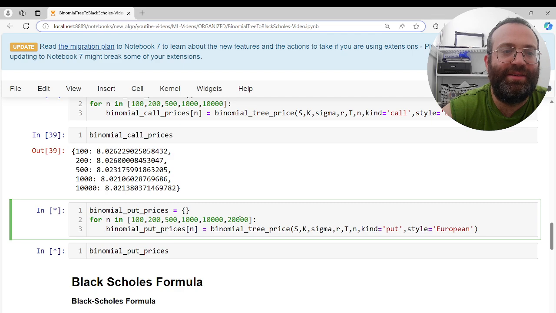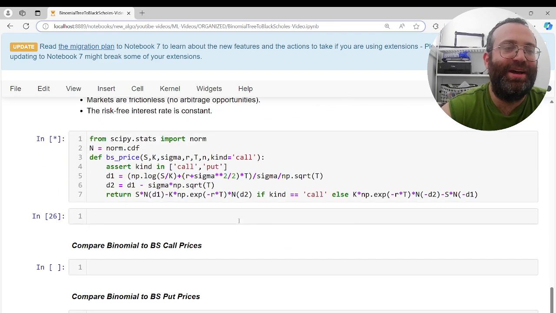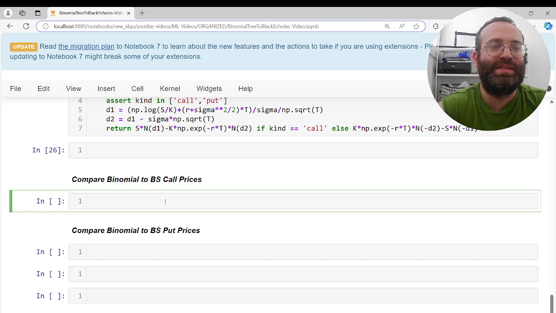I decided to give you 20,000 steps, so it's taking longer. But for comparison purposes, I do want to round to the nearest 4 digits. So I'll do for n steps, option price in